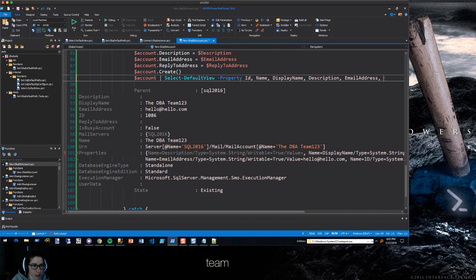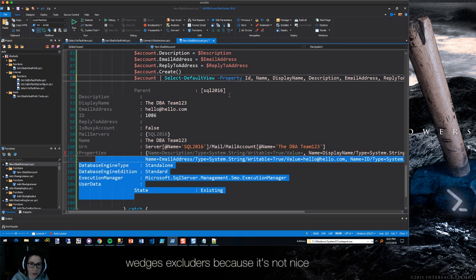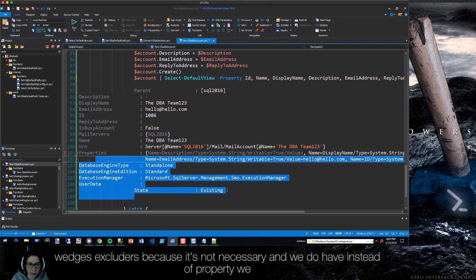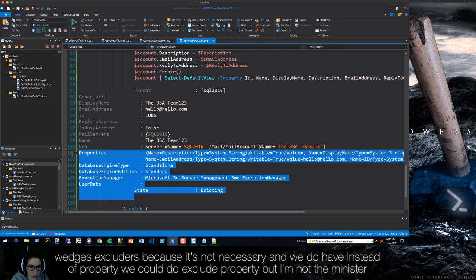Email, address, email, reply to, is busy. You know, by this time, I would just exclude this because it's not necessary. And we do have, instead of property, we could do exclude property, but I want them in a certain order. So